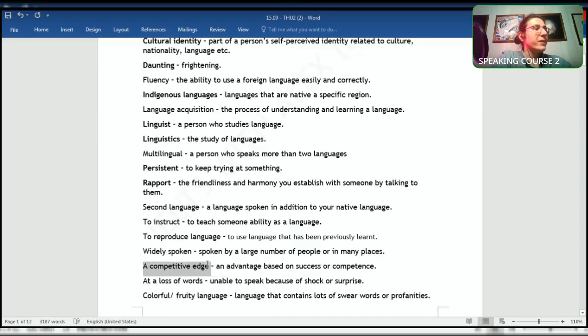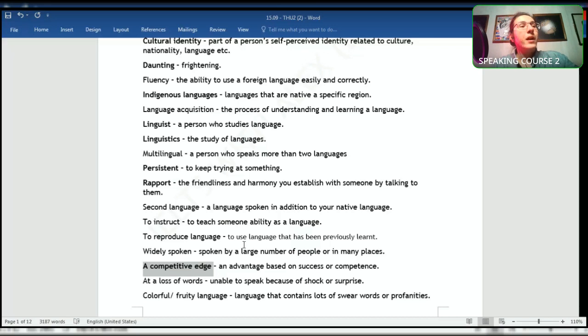Oh, a competitive edge. Perfect. This is a great phrase. Competitive edge is an advantage for something. So if you remember, some time ago we talked about a phrase called cutting edge. That means you have a knife, and the front part of the knife is what's driving everything, and that is the cutting edge. And so a competitive edge is the advantage for something. It's the small element that will give you a better chance to succeed. It's like the small change. So, for example, a way that you can use this in a sentence would be,